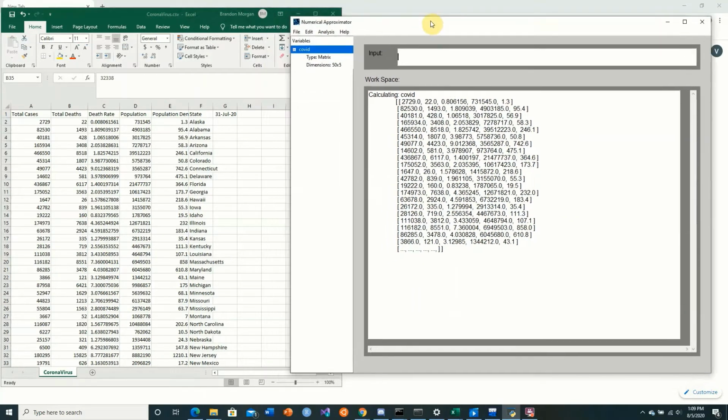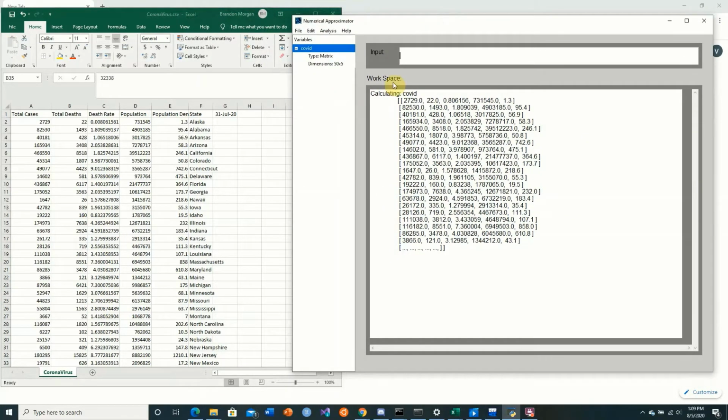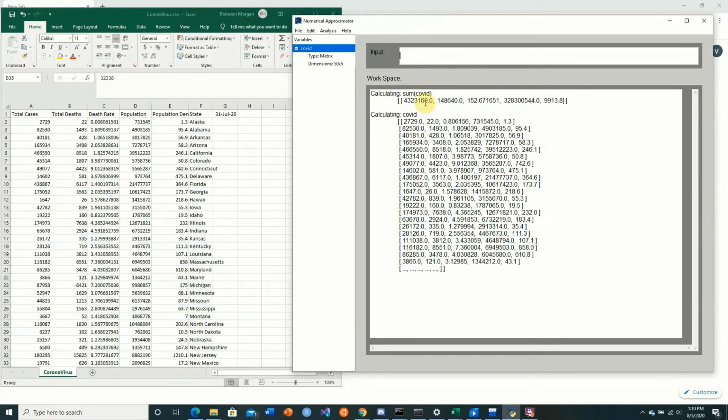One thing I forgot to do while going over the COVID-19 data set was actually examine the total number of cases, the total number of deaths, and the death rate. So if we have our data set right here, we can sum up each column of the data with this function. So we can see here that we have a total of about 4,323,000 total cases, almost 150,000 deaths. And then right here, this is just the sum of the death rate, so this is just going to be